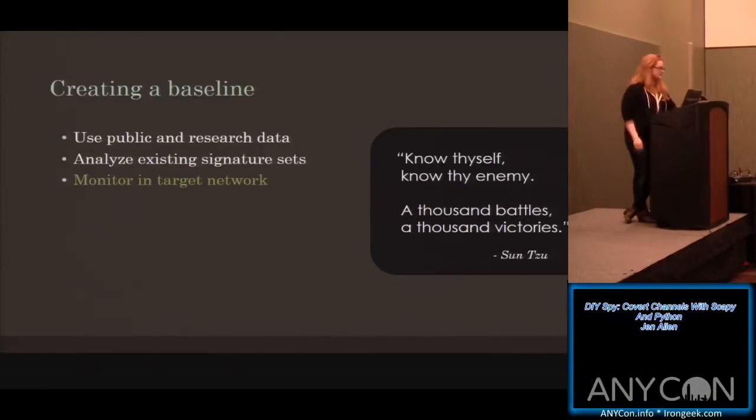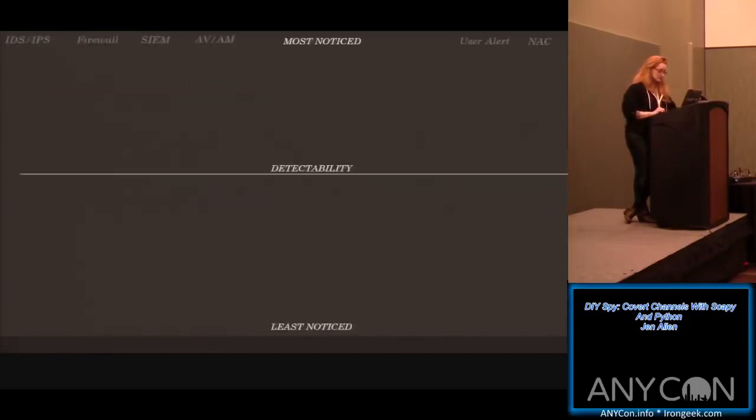That's a really easy way of finding those empty spaces within the data. Even better yet, though, is to monitor in the target network and actually start to do a baseline yourself. Start to understand the enemy, so to speak, or the network that you're attempting to breach, or rather move through